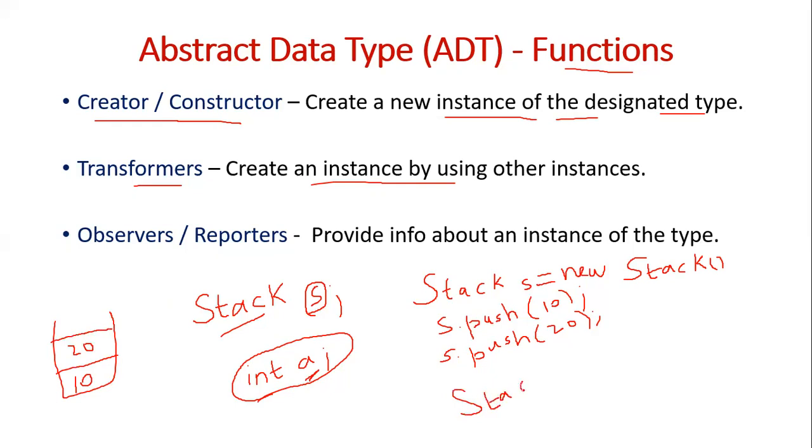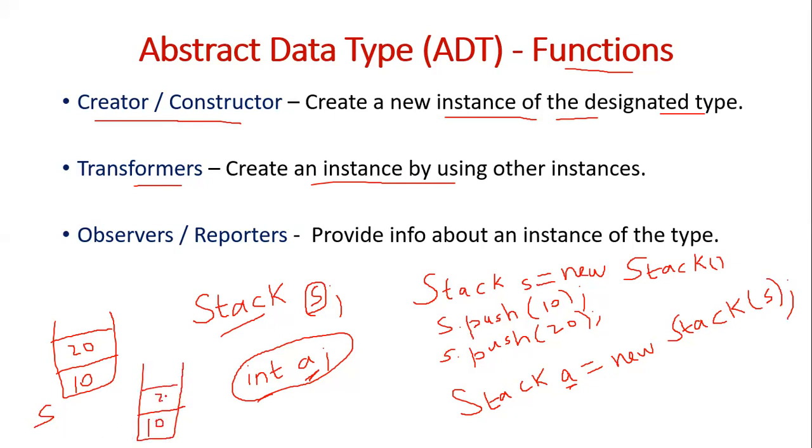If the particular programming language supports stack A, so A is a new stack. Stack A is equal to new stack of S. I can say that stack A is equal to new stack of S. So what does it mean? It means that A is a new stack, but it is same as that of S. So this is stack S, but A is also similar to S, because A also contains whatever S contains. So S contains currently 10 and 20. So A also holds these two values.